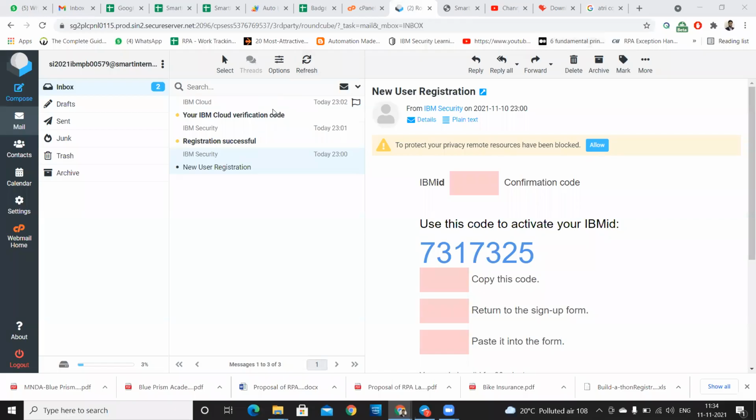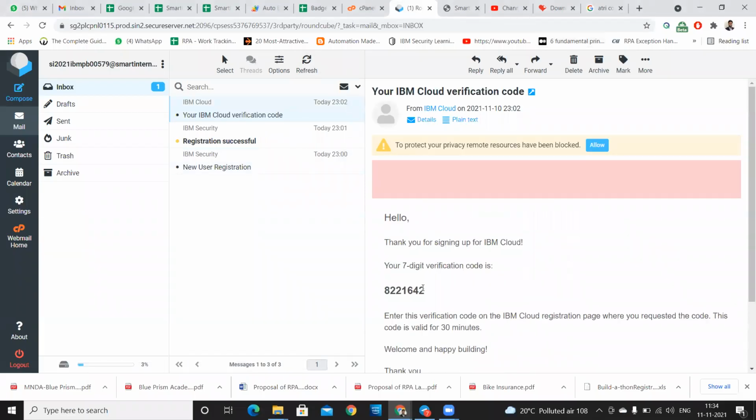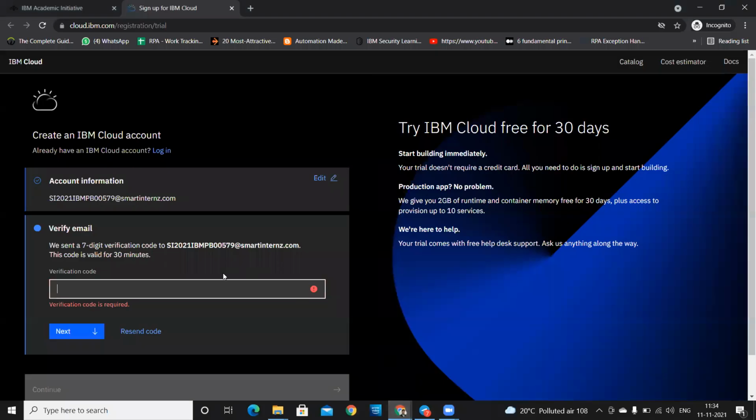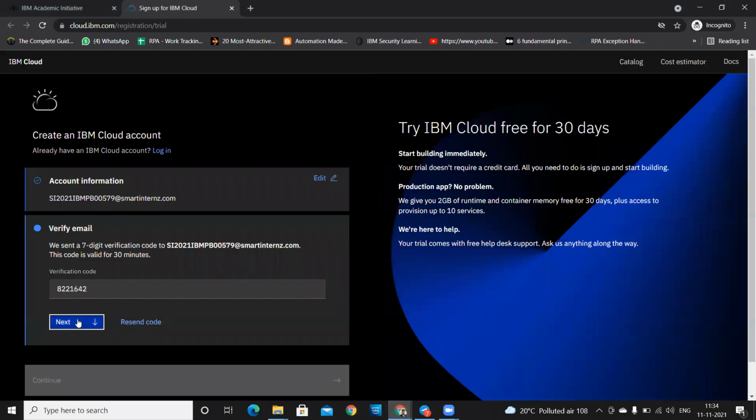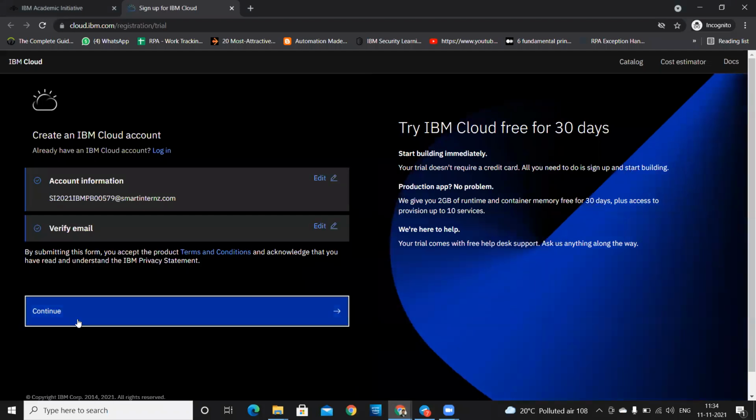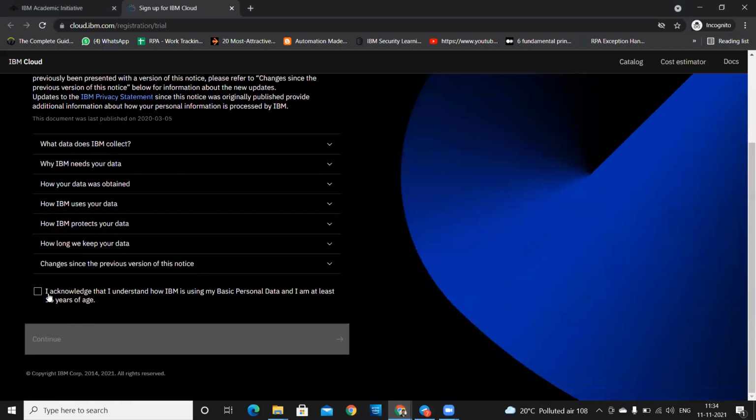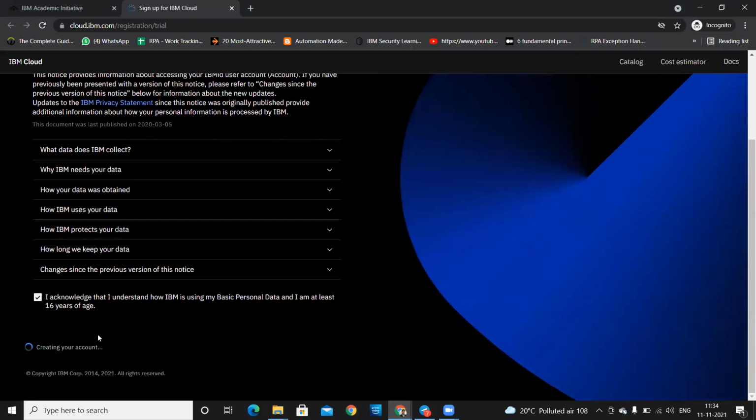Here you see you have got your verification code. Copy this verification code from here and paste it back. Then click on next, click on continue, scroll the page down, check this tick box and click on continue. Wait for this to happen.